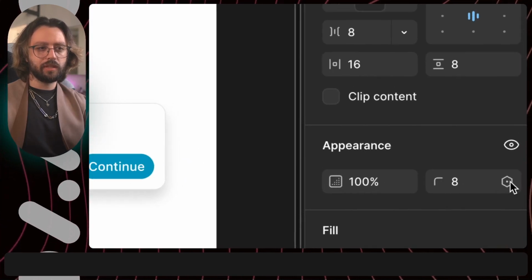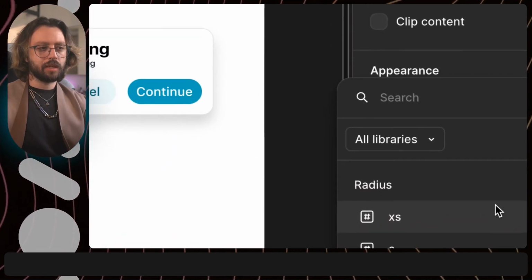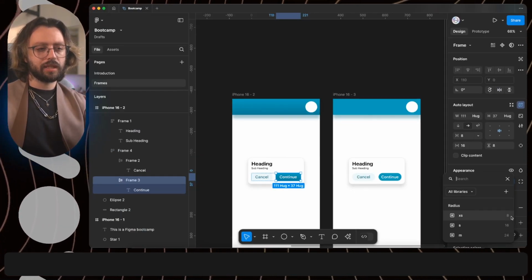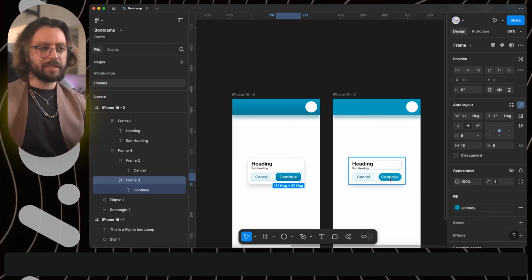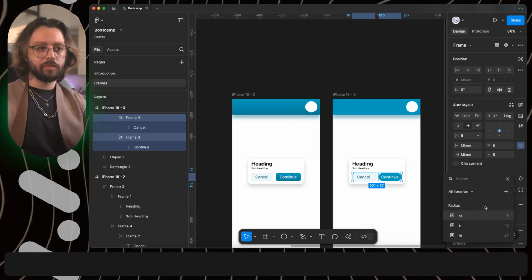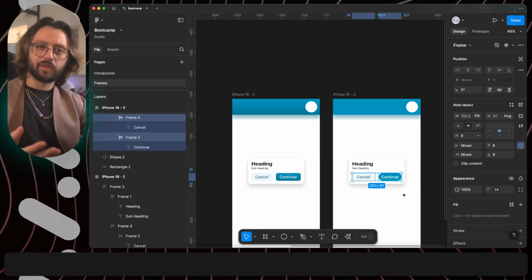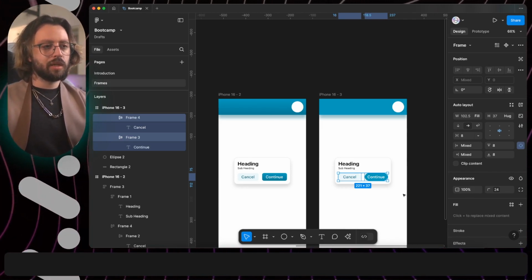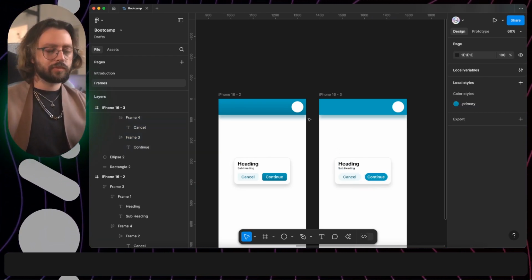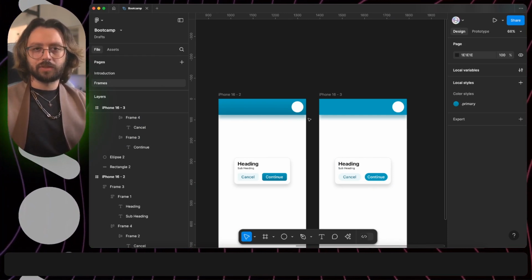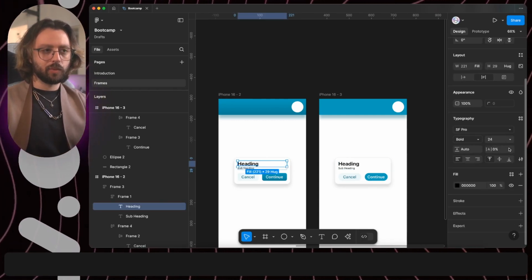And when you see this cogwheel apply variable, I can check radius and say, this is my radius of 8. I can have that right there. And then maybe these two have a radius of 32. So maybe like the m would be enough. You would have a value of 32 for one of your variables, but the m is going to be enough. So you can use variables for numbers, font sizes, corner radius, spacing, everything, and create a style for your font